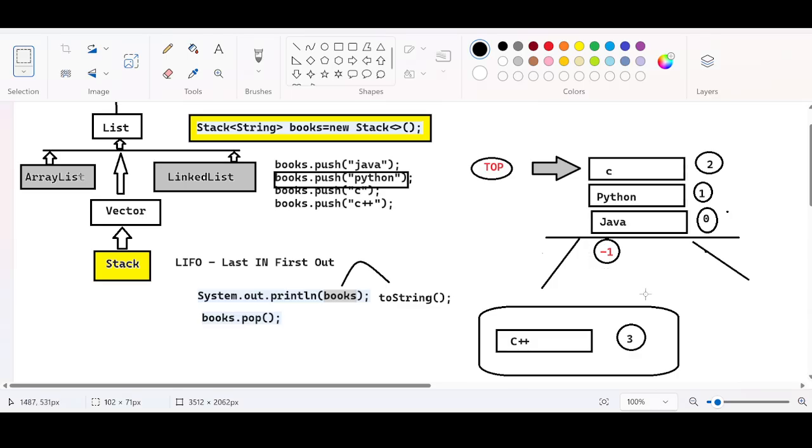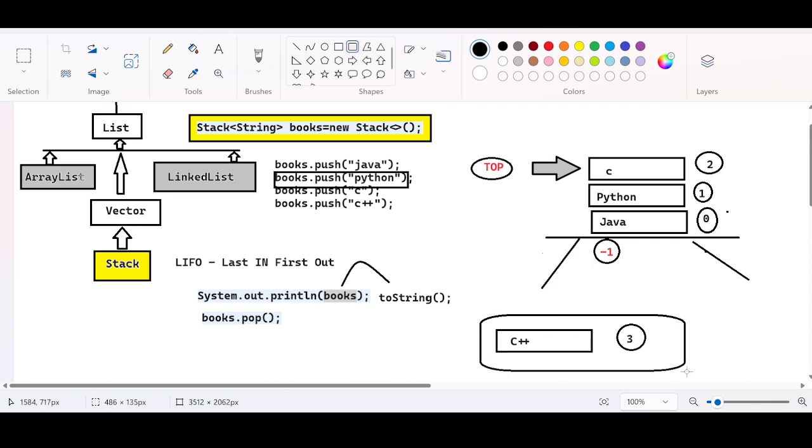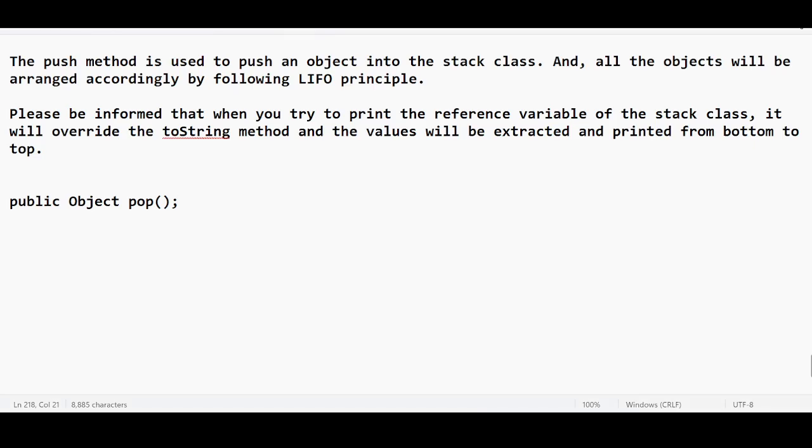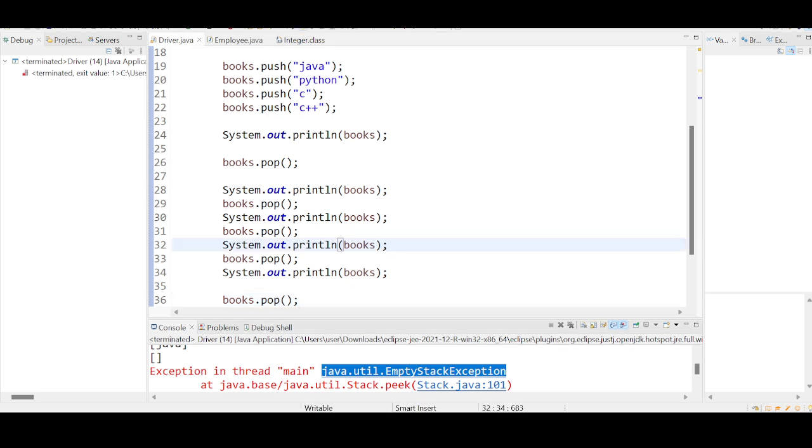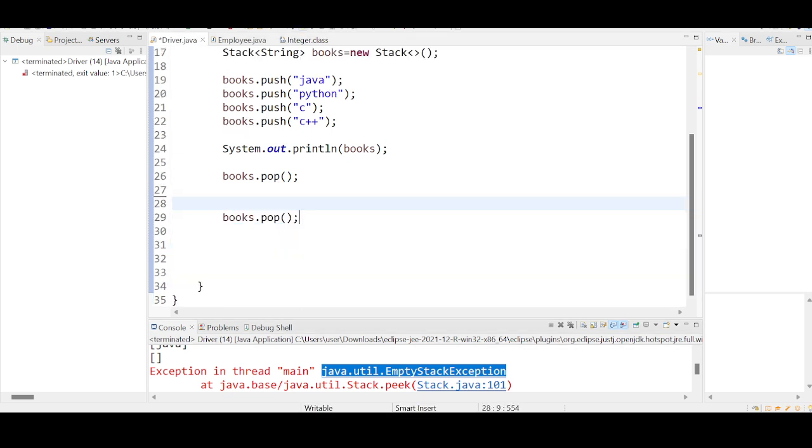Right? Making sense? Let us keep this. Right? So let us limit this program to this. Okay, and again observe one more thing. If I am not placing this pop method